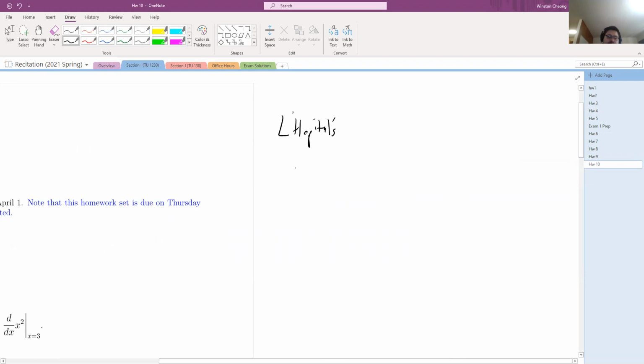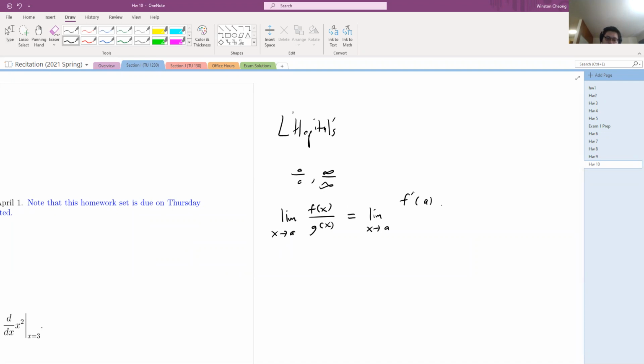if you have a limit that ends up being of the form 0 over 0 or infinity over infinity, you can have a plus or minus, then, and I guess I should say specifically that the limit should be something like a function f(x) over a function g(x), limit as x goes to anything, really. If you have a limit of this form, and if you try to evaluate it, it gives you one of these two types, then what you can do is you can say that this is equal to the limit of, and then there's this special thing here, not a, but x,